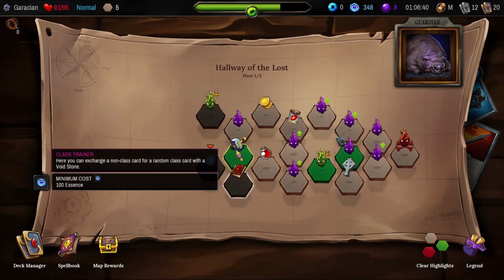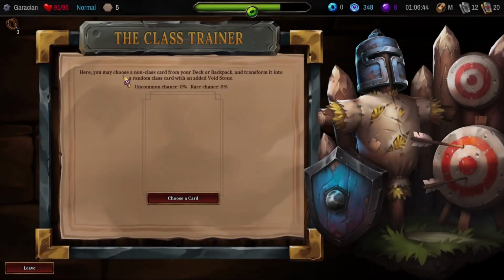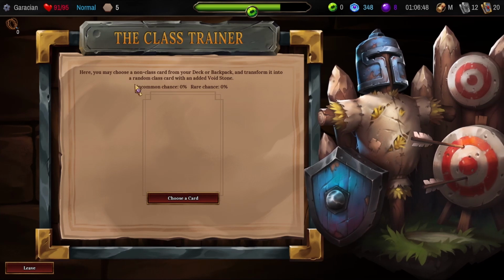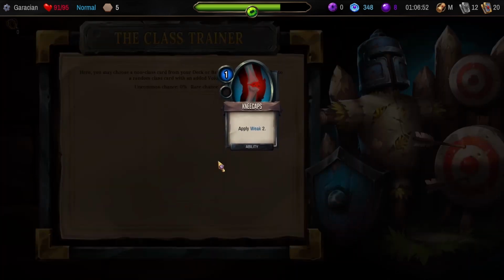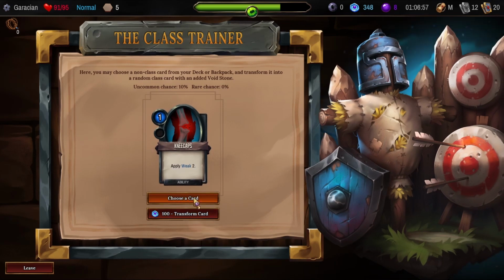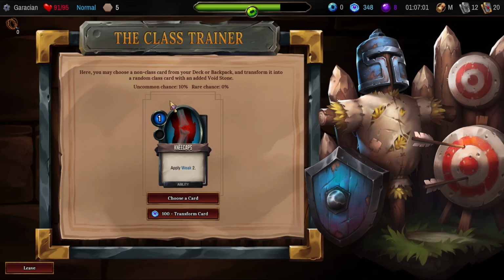So I do want to go here. Class Trainer. Here you may choose a non-class card from your deck or backpack and transform it into a random class card with an added Void Stone. Oh, this is the only one I have, Kneecaps. Fine, let's put it in there. We'll pay $100 to transform this into...